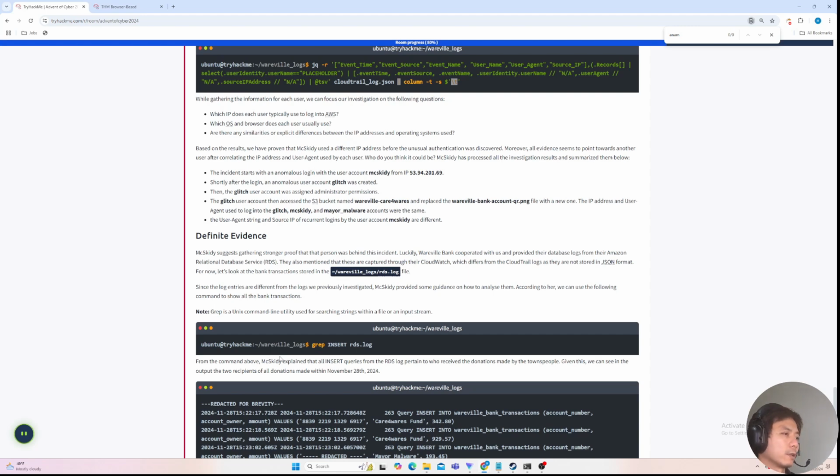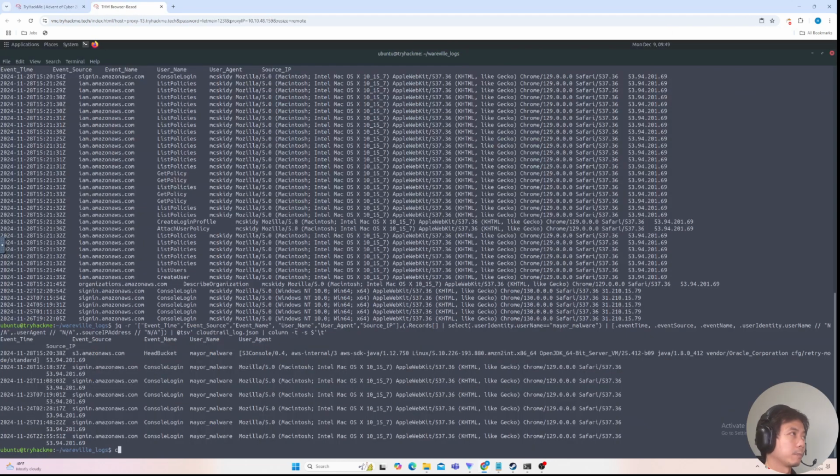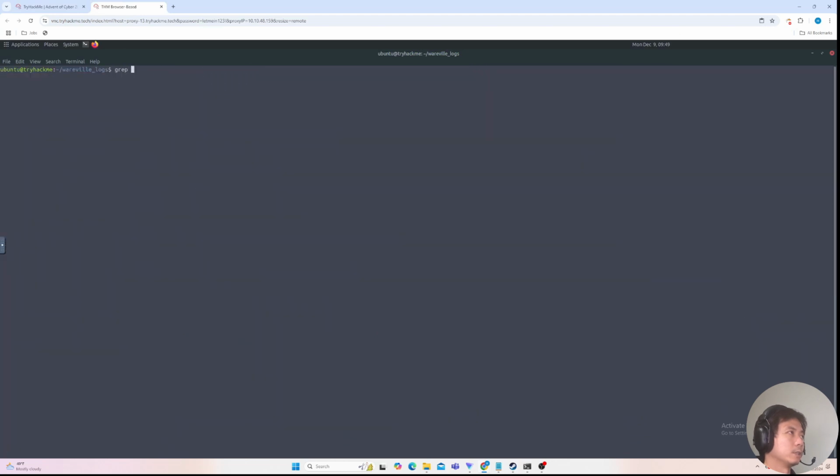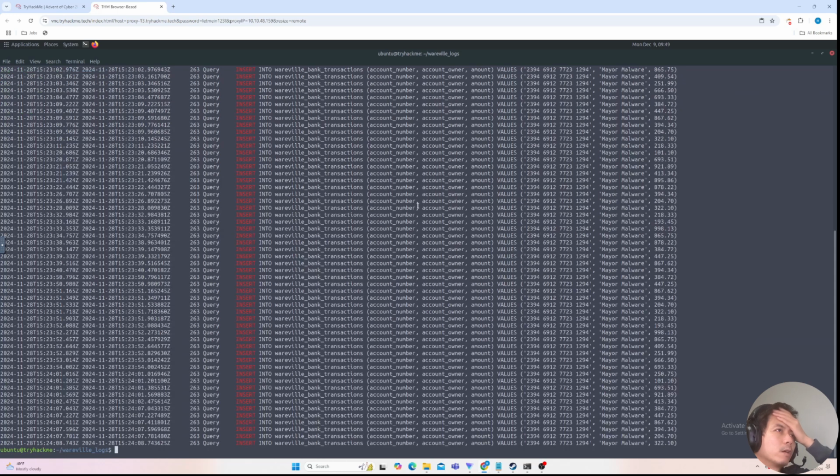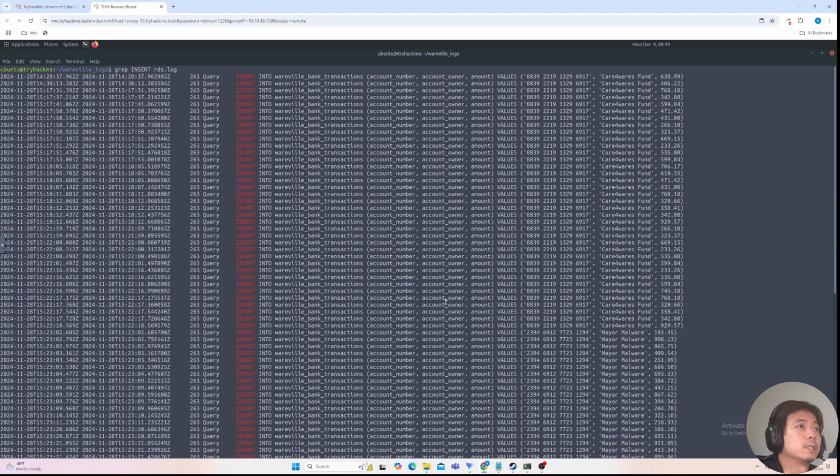So let's look at it. Grep insert, and then RDS log. Okay, so we see different